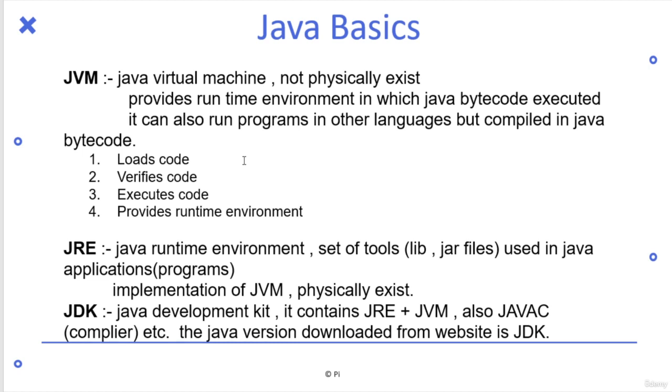So why do we need a compiler? We are writing in Java, but we don't know the machine level language, which is basically 0s and 1s, or bytecode, etc. For that purpose, a compiler is needed, which converts the whole Java program to machine level. So javac, the Java compiler, is basically a part of the JDK, the Java Development Kit.